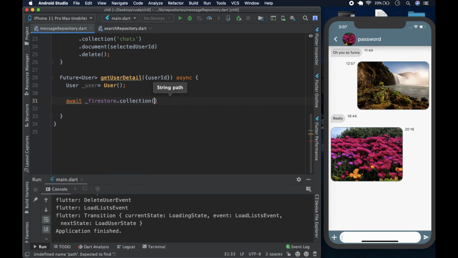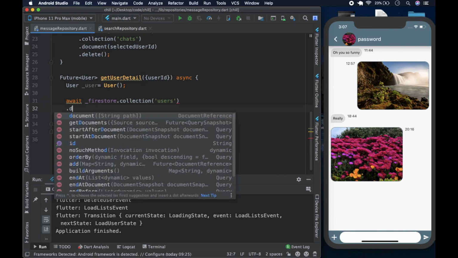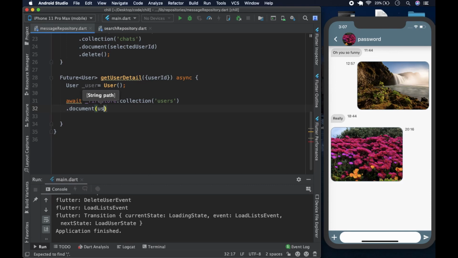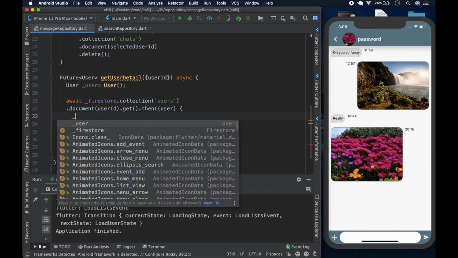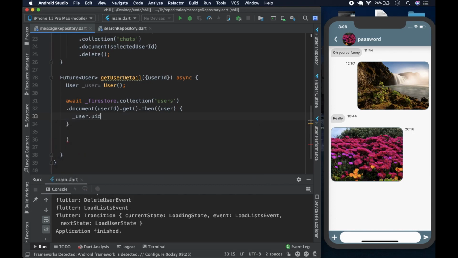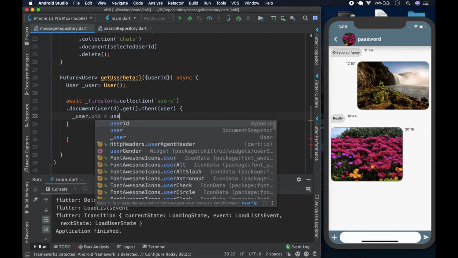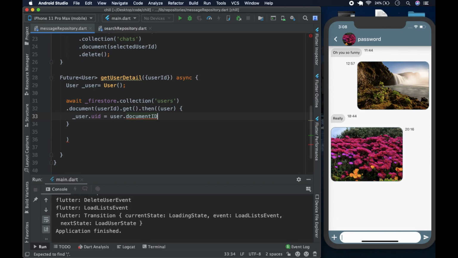The collection we're going to look at is of course our favorite users, and afterwards we're going to get a document, and the document is going to take the user ID that we pass in, and we're going to get, and then after that we're going to take the user, and what we're going to set is the user dot UID is going to be the user dot document ID, like so,